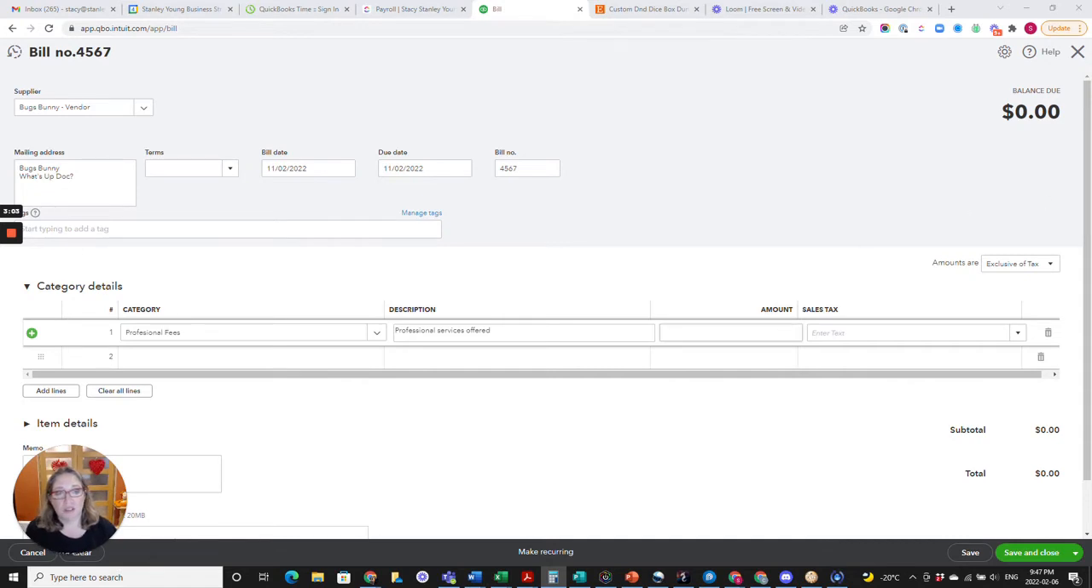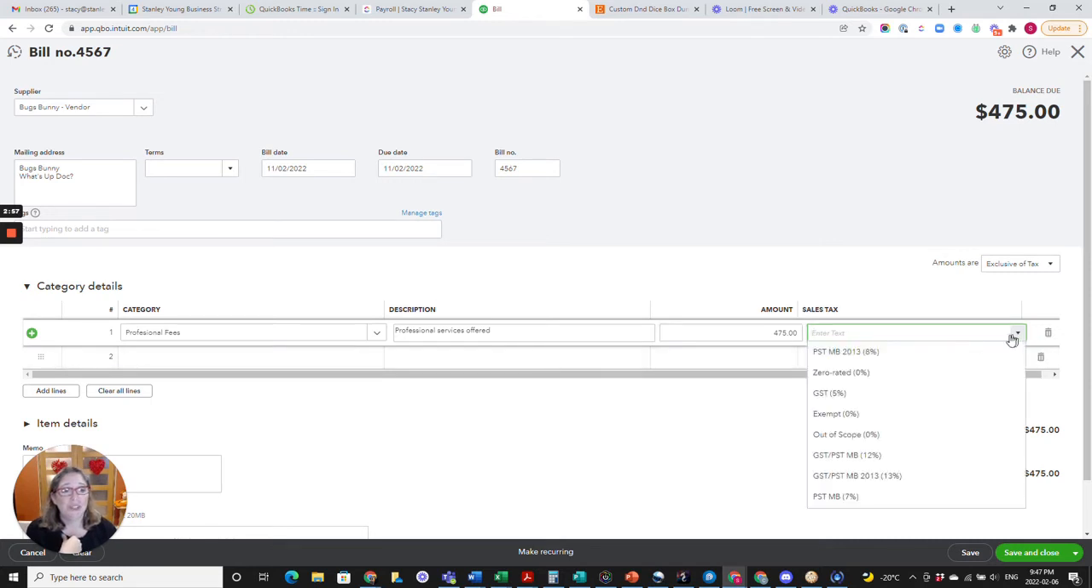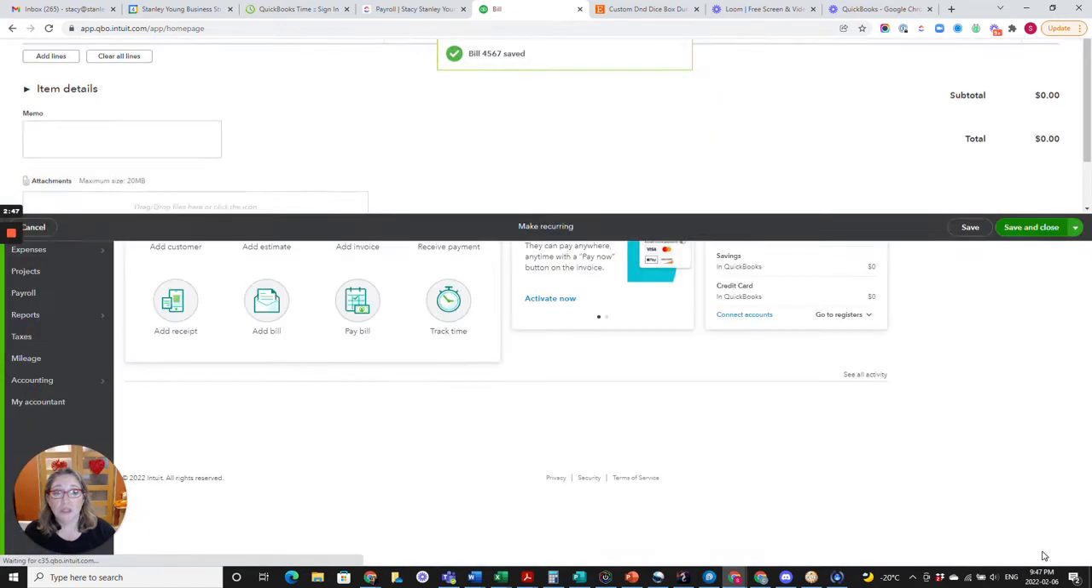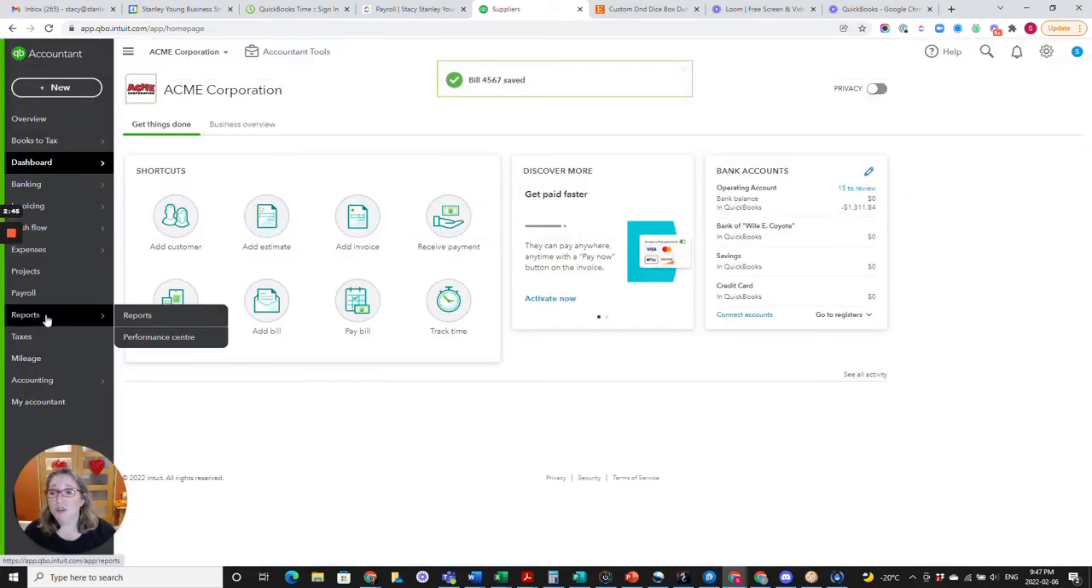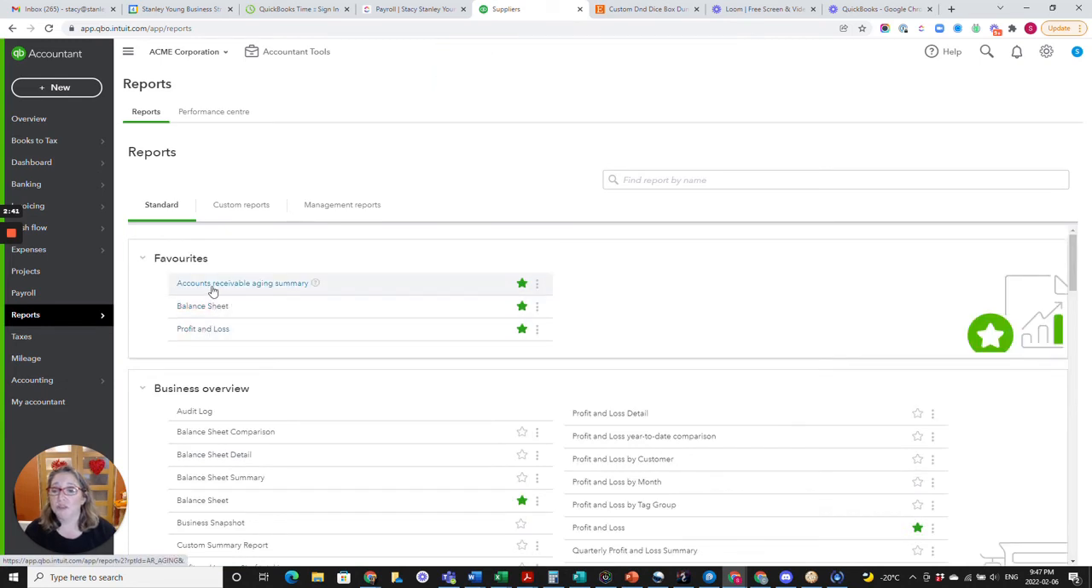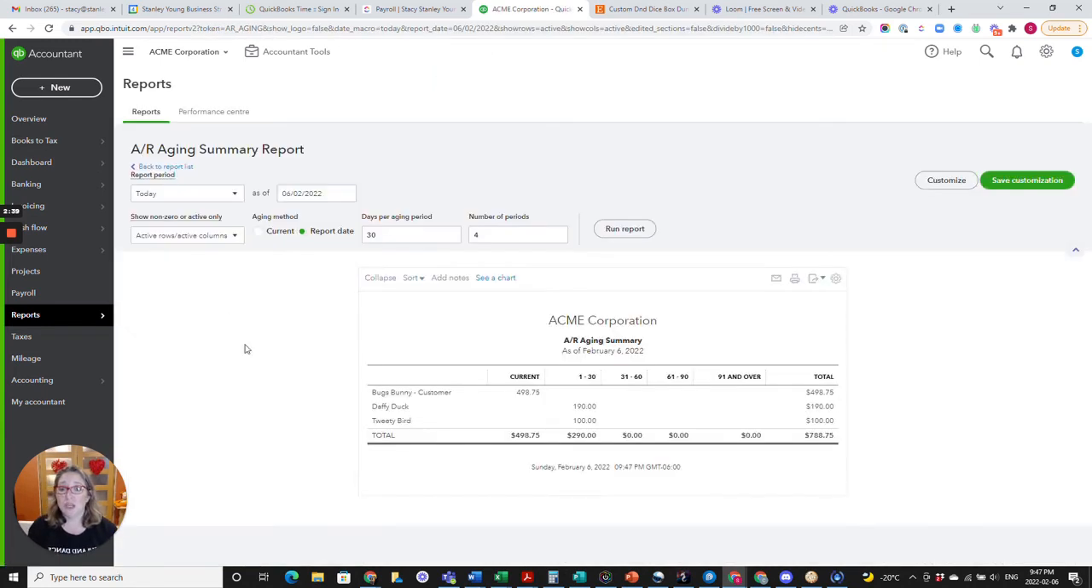It was $475. And of course, Bugs Bunny also had to charge me GST. So we're going to say our sales tax was GST, and we're going to go ahead and save and close. So now what happens if I go to my reports and I look at the accounts receivable report, I see